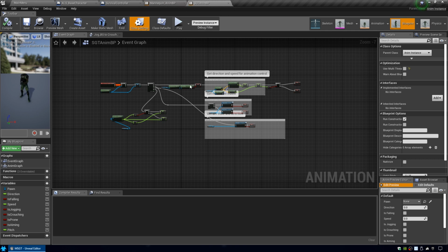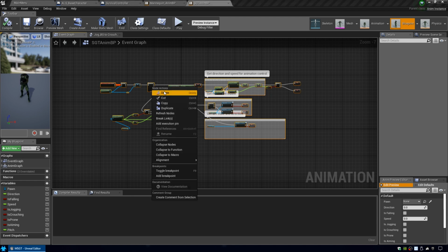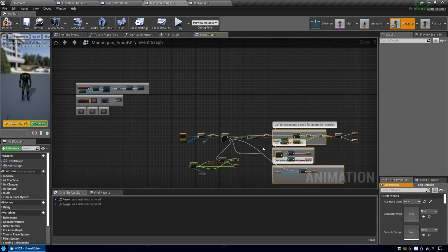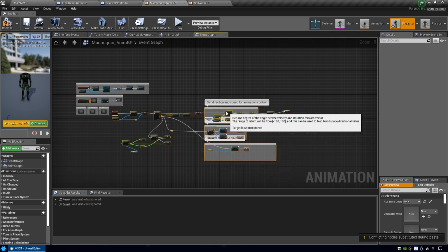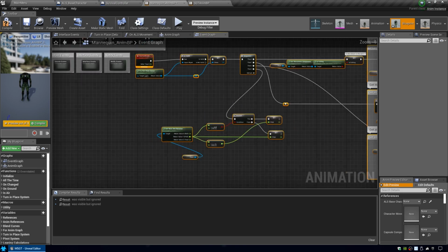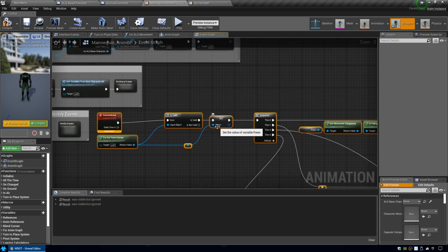To begin, let's just, in the event graph, select all of the blueprint that you see there, all of this code. Once it's highlighted, right click and hit copy or hit Control C. Then in the mannequin NMBP, paste it somewhere. And I like to bring it right about here in the code because we're going to be removing this section and then deleting it. Now, you'll see that there is a reference to the pawn, so pretty much the character,